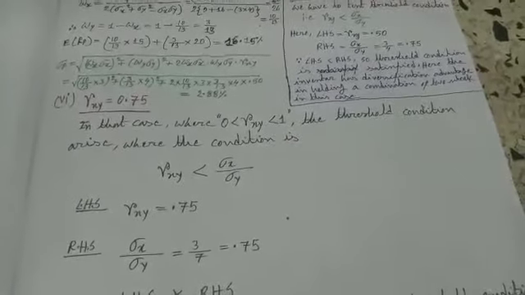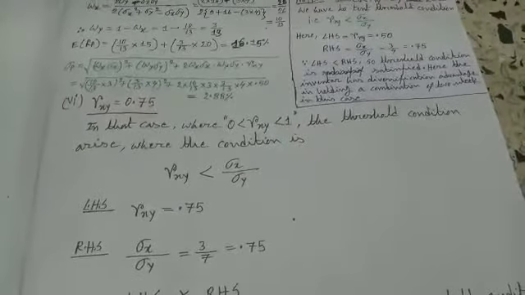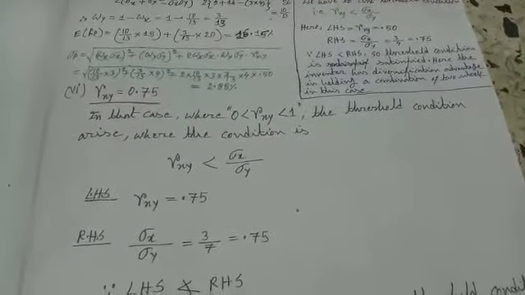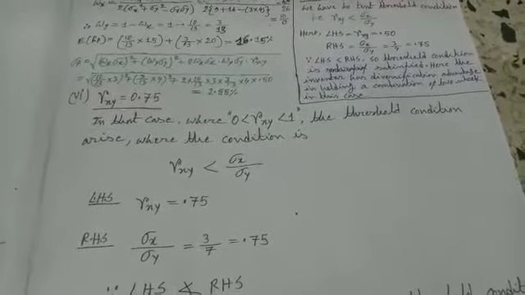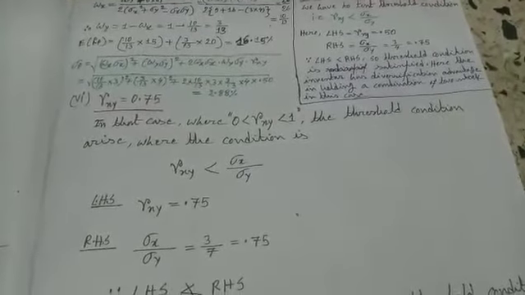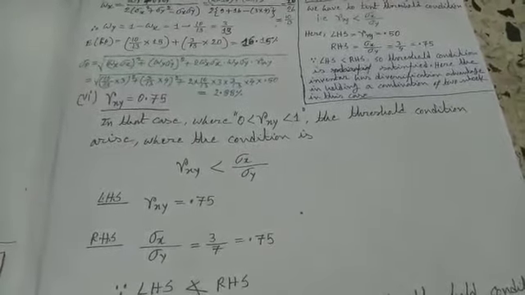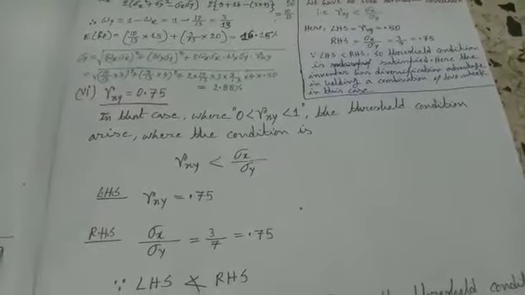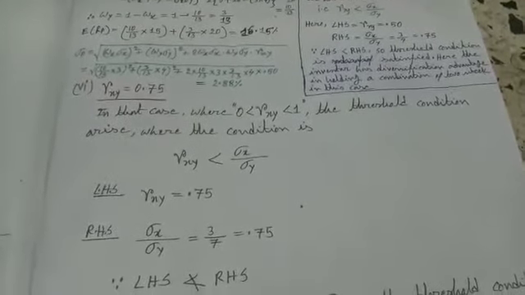Now here also, since the correlation coefficient varies from 0 to 1, here we need to test the threshold condition. As per the threshold condition, we have to test whether Rxy is lower than sigma x divided by sigma y or not. If Rxy is lower than sigma x by sigma y, then we can say the threshold condition is satisfied. But if Rxy is not less than sigma x by sigma y, then